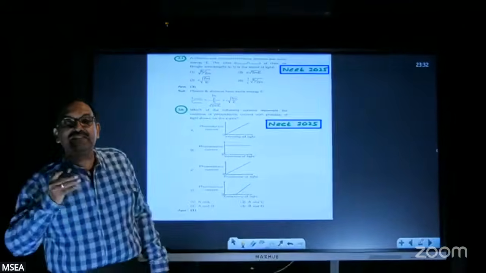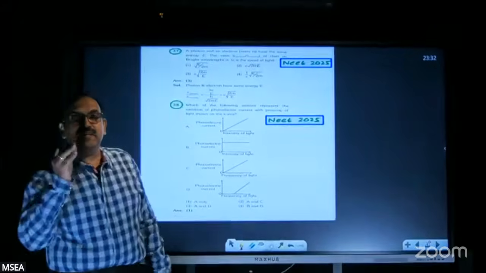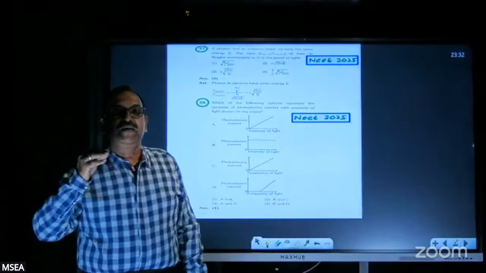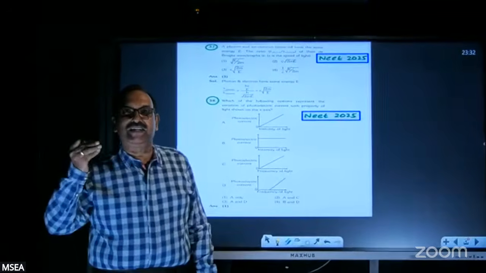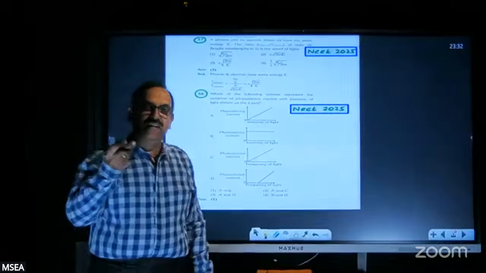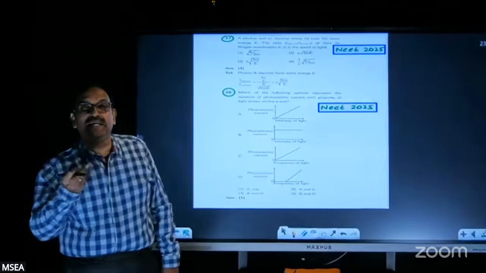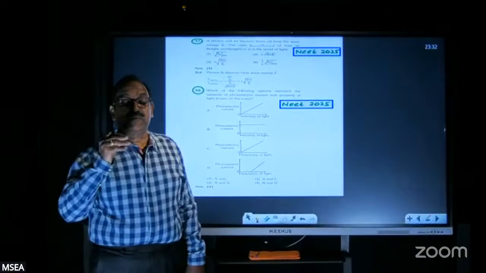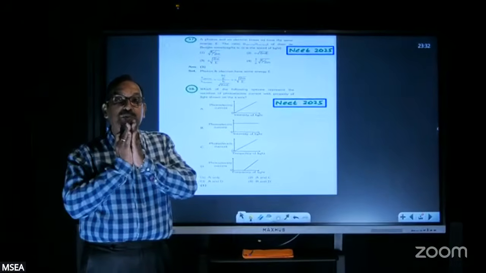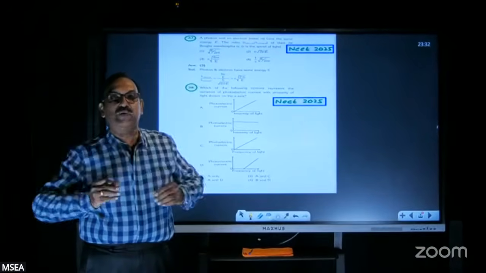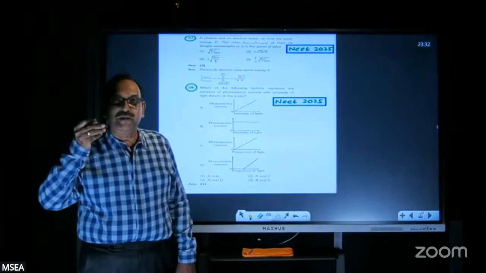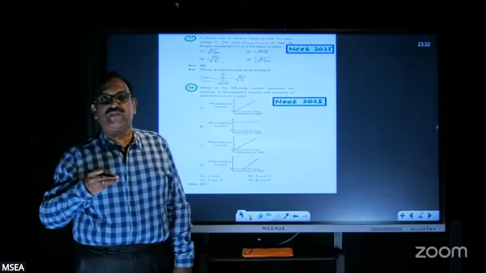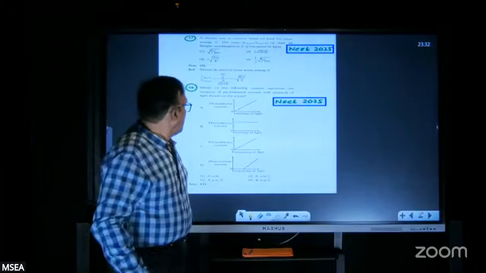You know that these topics are common to both physics as well as chemistry. Most probably, put together in physics and chemistry in 2025, there might be around 6 to 7 questions. So that is definitely huge marks. These are scoring topics in both the subjects, and I'm sure you will take advantage of our classes.